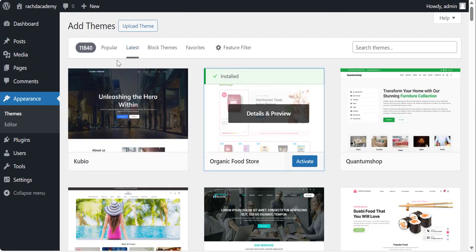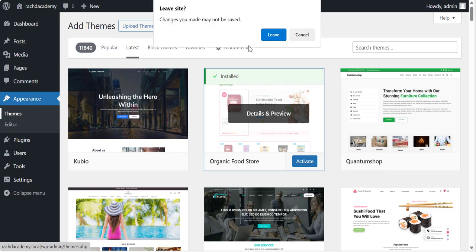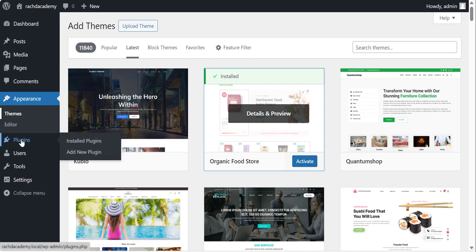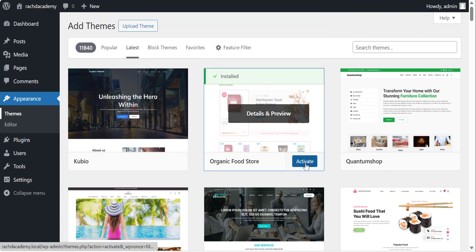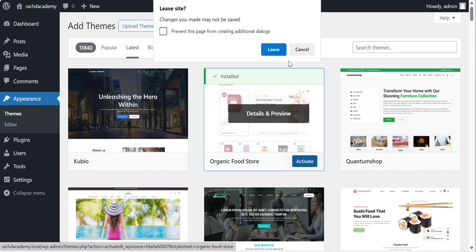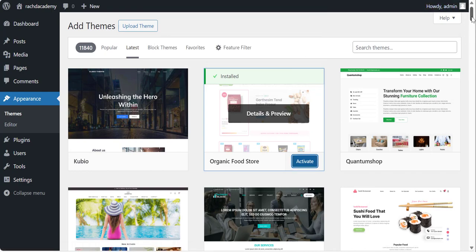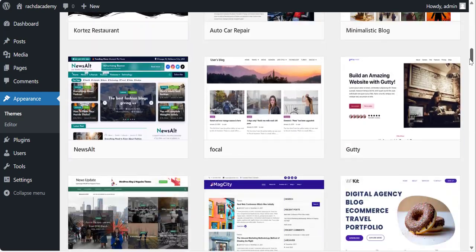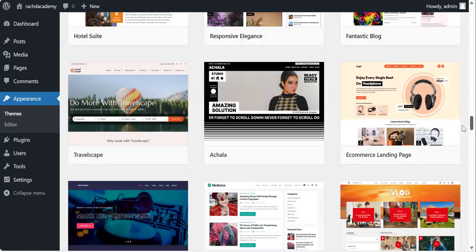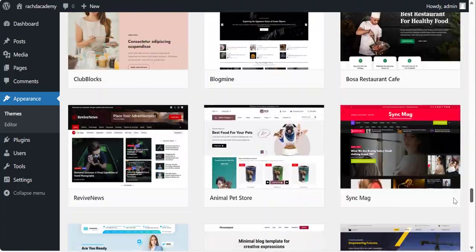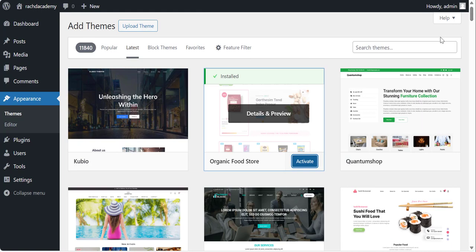Here we have, when we return to themes, for example, we can activate this because we haven't installed. Okay, we can move to